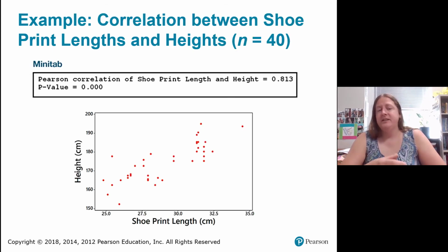So let's look at a different data set. Now, instead of only having 5 pieces of data, we're going to have 40. So now looking at our shoe print lengths and height, we can see, looking at our scatter plot, we might say, yes, this looks like there's a relationship here and it looks linear. So again, putting this into software, Minitab, a statistics software, it gives us a Pearson correlation of shoe print length and height of 0.813, which is close to 1, definitely closer to 1 than the 0.5 we had,